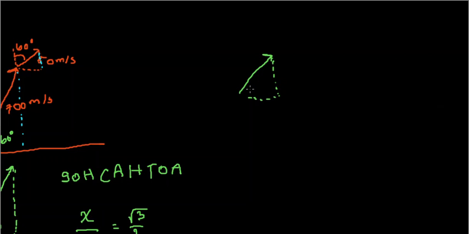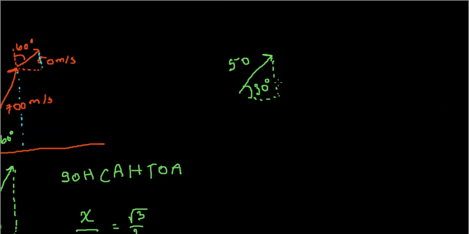This is going to be our components, and this is going to be 90 degrees, and this outer angle is 60 degrees, that means this triangle is going to be 30 degrees. And we know this is 50